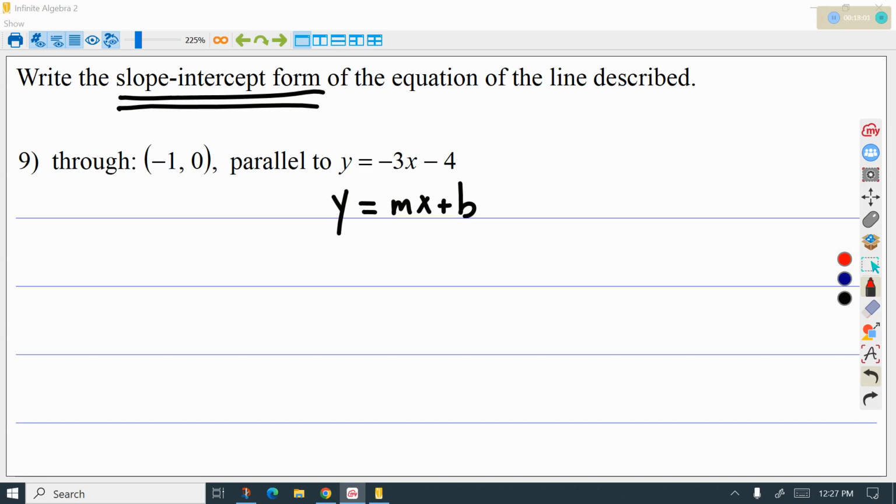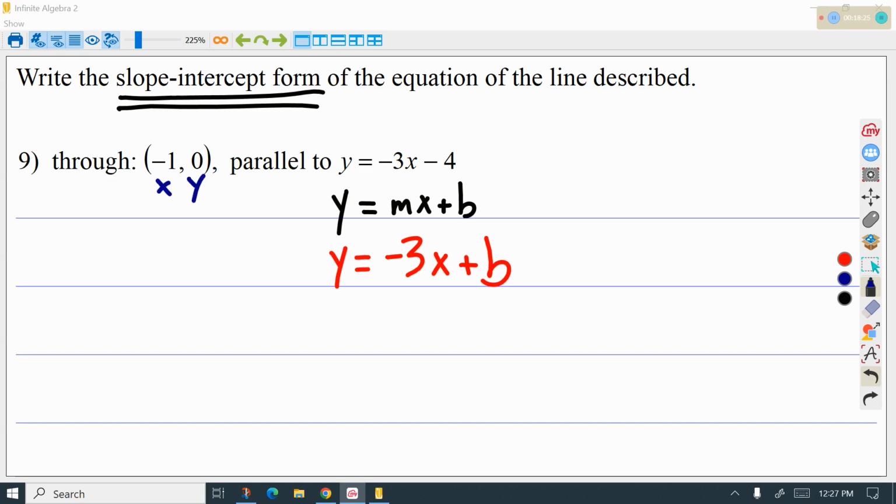Then we got to remember parallel lines got equal slope, alright? I hope even if you're sitting at home, you said that. Parallel lines got equal slope. We want to memorize that, okay? It can't be something confusing to us, right? We know parallel lines got to go the same way. Slope basically means they're going the same way. So at this point, we got our slope copied, and now what we do is we go substitute in our